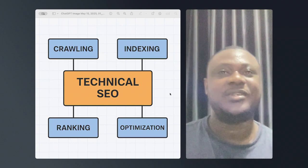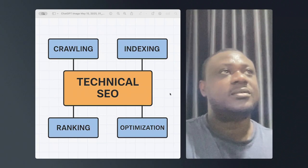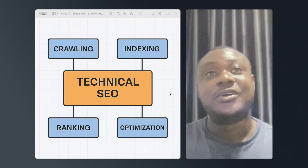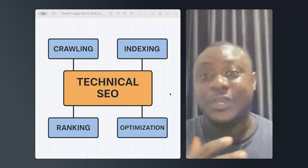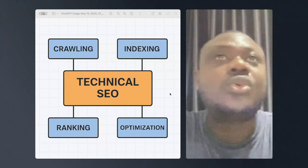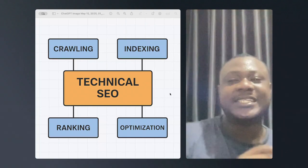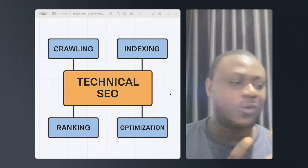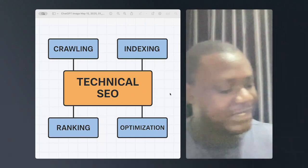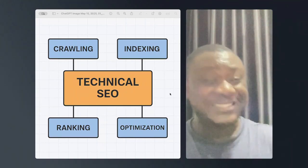I've added it to the definition, meaning that signals are very important. And signals are things that you do without knowing that you're doing them, right? Like, you open your website, you scroll, you spend time on the website, and then you leave. You come back again, you spend time on the website. Crawlers are getting signals that this person was here at this time yesterday, at this same time last week, and this person spent the same amount of time constantly,